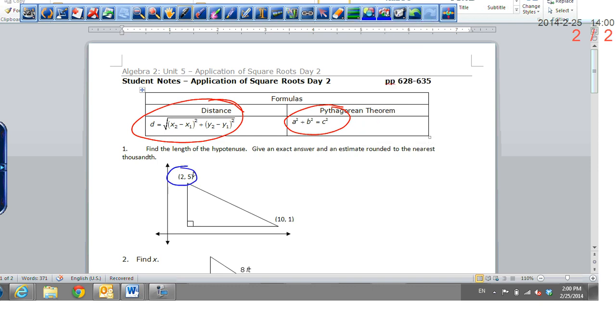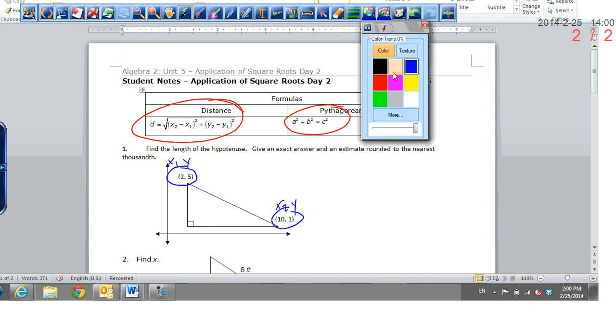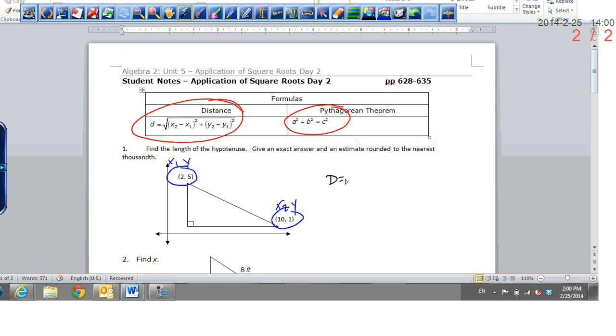So the first thing, we take our two ordered pairs. It doesn't matter which one we call x1 and y1 and x2 and y2. We just want to be sure we plug them in the same order. So d equals the square root, and then take 10 minus 2 squared plus, and then 1 minus 5 squared. So d equals the square root of, well, 8 squared is 64, negative 4 squared is 16, so d equals the square